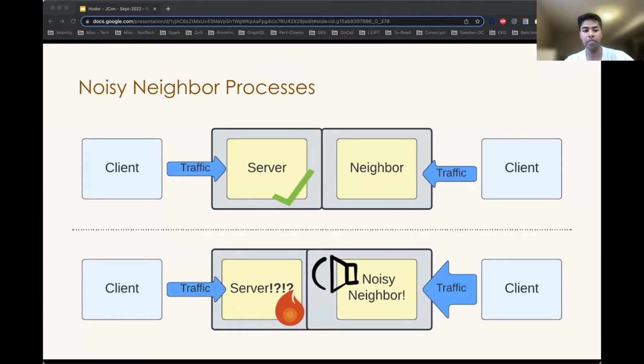In the top diagram, you see how two well-behaved co-located neighbors are able to serve traffic. Both neighbors, the server as well as the neighbor, are able to deliver their slated performance. In the bottom diagram, you see a noisy neighbor stealing resources and resulting in overloading the service it is co-located with. Such scenarios can be the trickiest to identify because they are completely random and unpredictable.